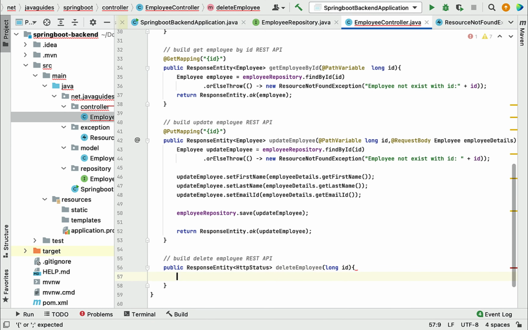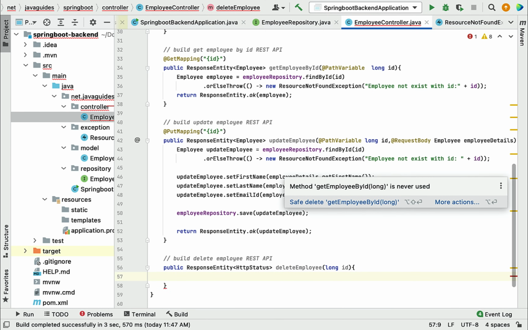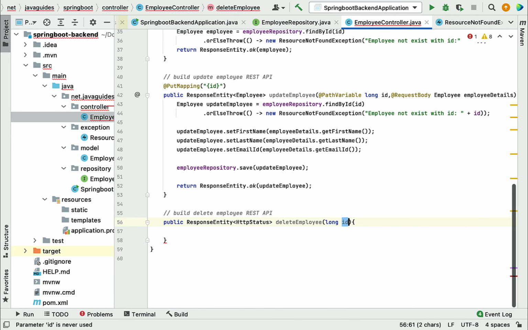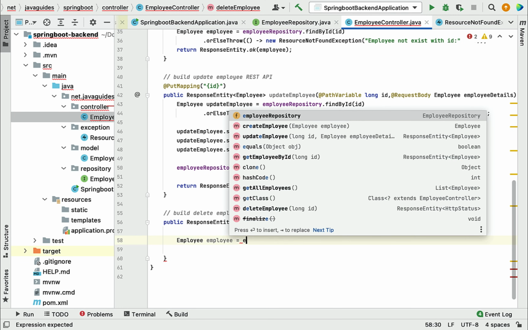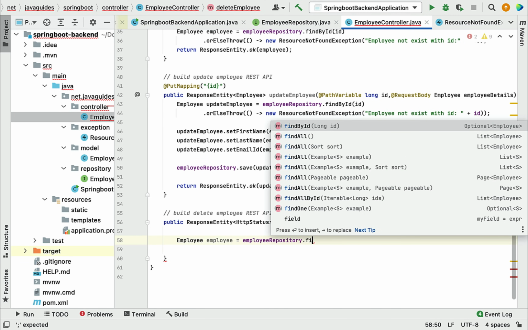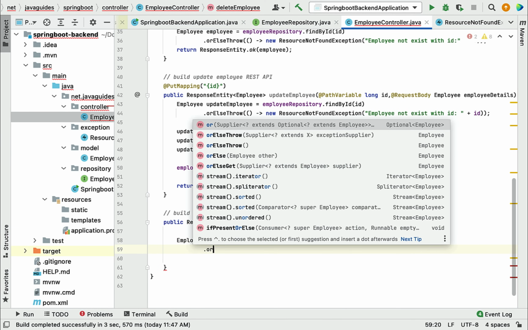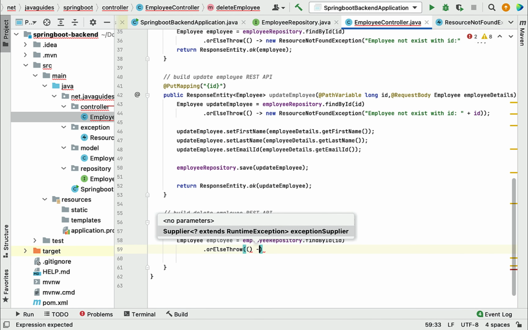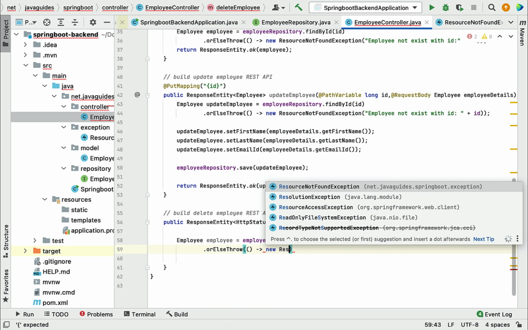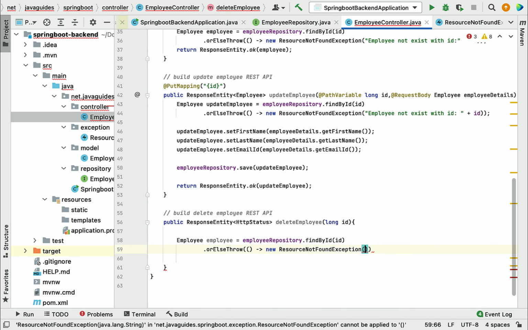Alright, now we want to check whether an employee record exists in the database with this given id or not. For that, let me declare an employee object here, and let's call the employee repository and then the findById method, just pass the id. Alright, and just call the orElseThrow method. The orElseThrow method internally uses the Supplier functional interface, so we're going to use a lambda expression to implement the Supplier interface. So go ahead and use a lambda expression now, new, and then just create an object of ResourceNotFoundException, and just pass a custom error message over here,